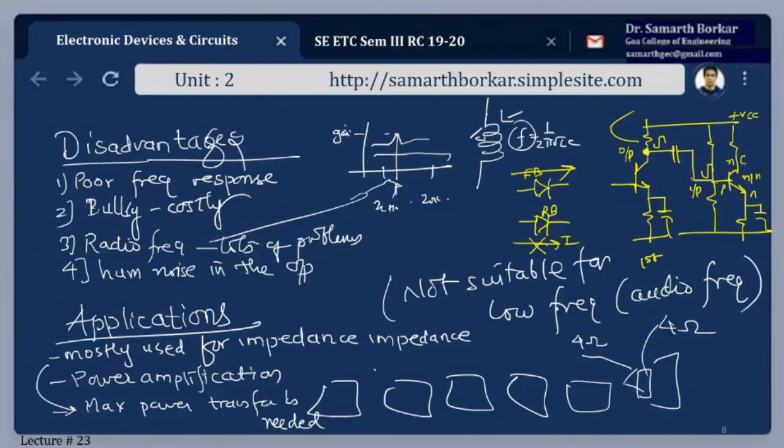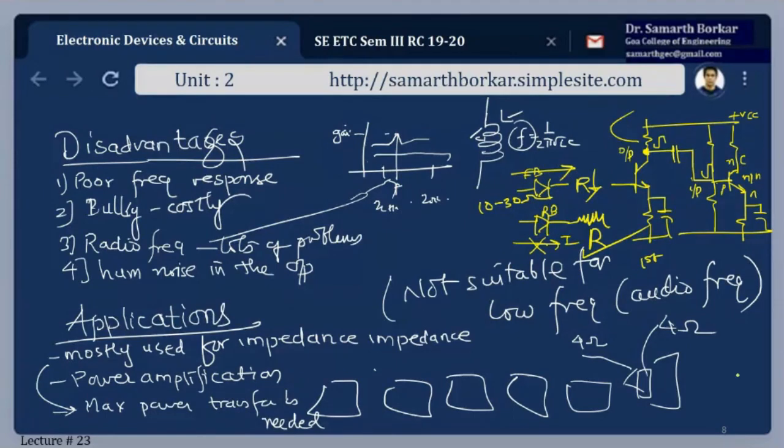And how is it going to stop the current? By offering a very, very high resistance. So when it is reverse bias, the resistance is high. When it is forward bias, resistance is low, of the order of 10 to 30 ohms. Fine, that is the forward direction. In reverse, it will show you open circuit, a very high resistance offered by the reverse bias diode for the current to flow. That's the reason why we say diode is unidirectional.